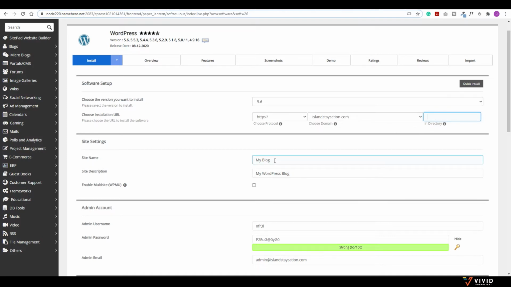Now, you also have the option to put in a site title, and you could put in the name of your business or service or hotel here. So I'm going to call mine. And if you have a particular title for your business, then you could put it here. I'll name mine